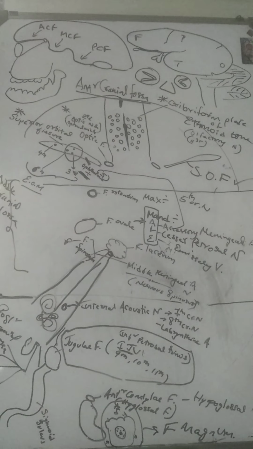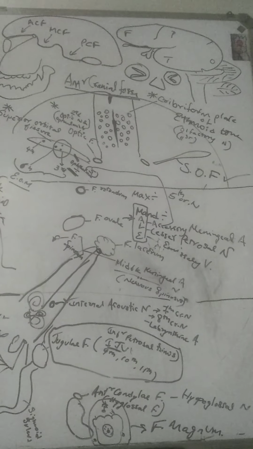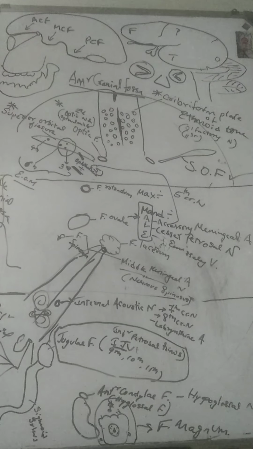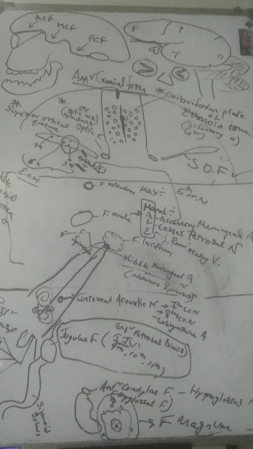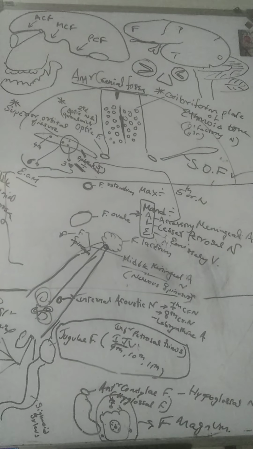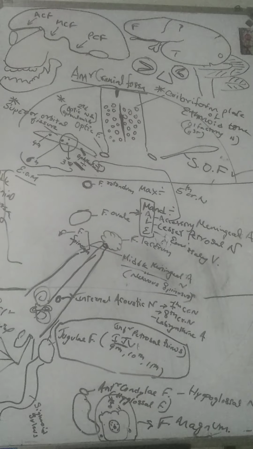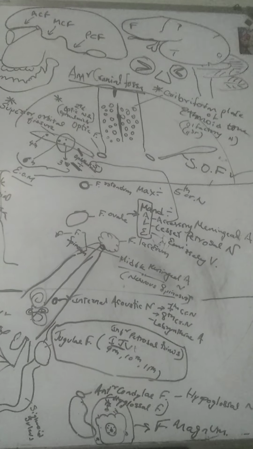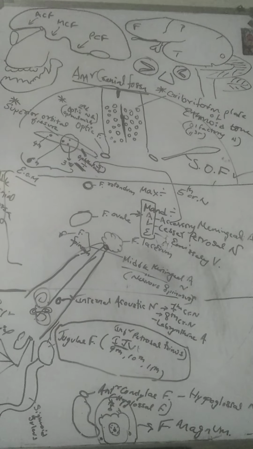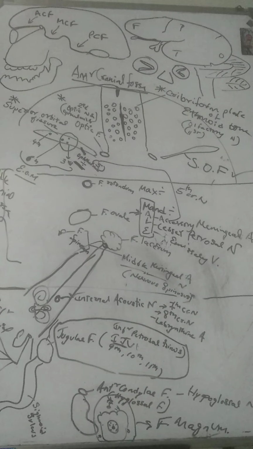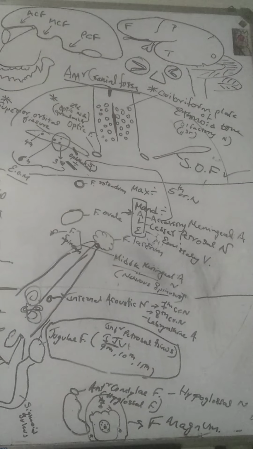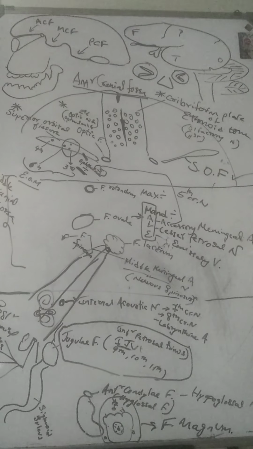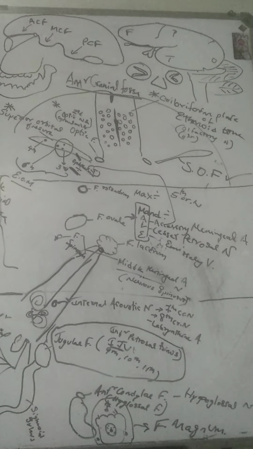In the posterior neurovascular compartment mainly passes the medulla oblongata, lower part of the medulla oblongata will pass. Spinal accessory nerve enters the cranial cavity through this foramen. Vertebral arteries join together to form basilar artery at this level. The vertebral artery realizes it didn't supply the spinal cord, so gives anterior spinal artery and posterior spinal arteries. They will go and end up supplying the spinal cord. So these are the structures which are present in the posterior cranial fossa, the foramens and the contents.